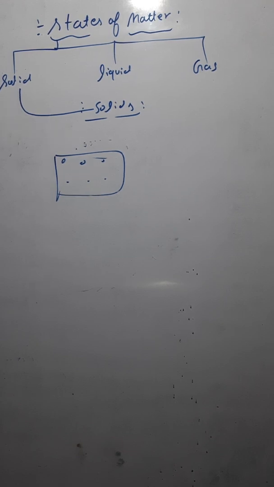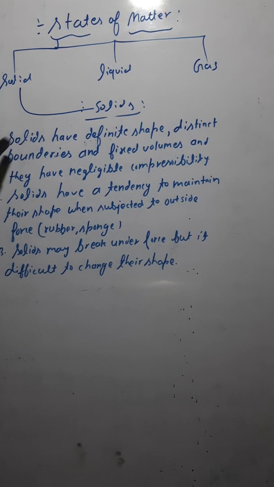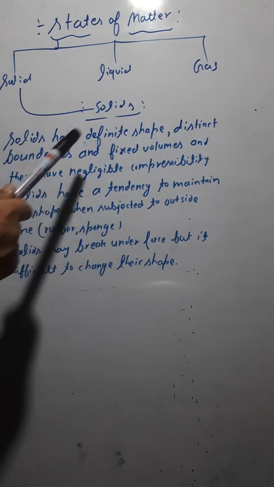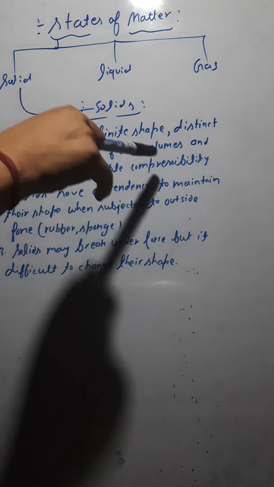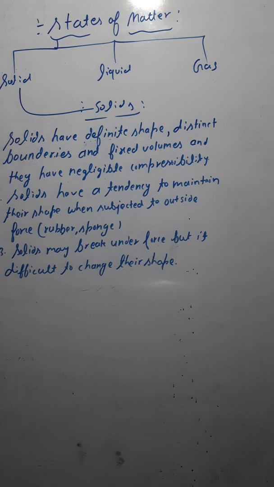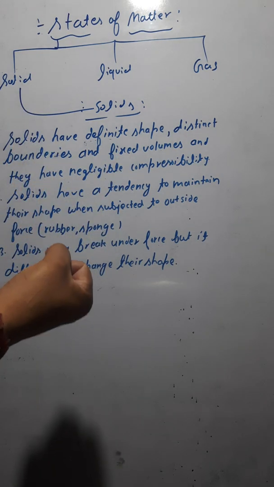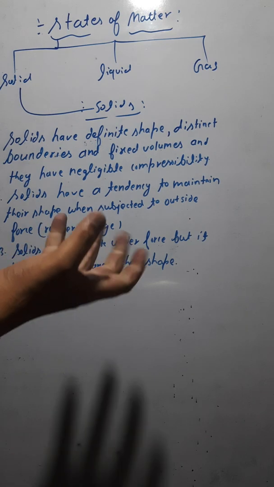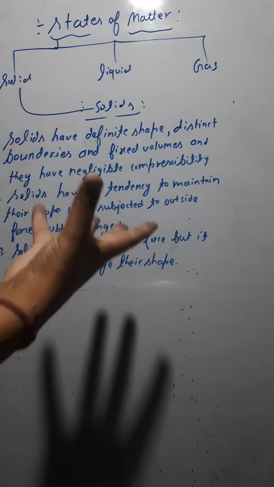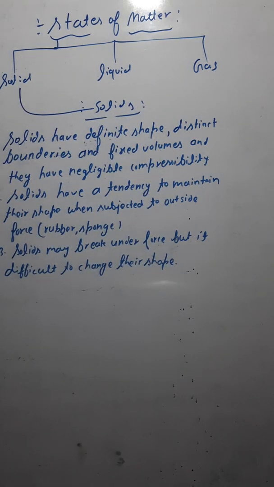Now let me write it here. These are the properties of solids. First, solids have a definite shape, distinct boundaries, and fixed volume. This gives them negligible compressibility, meaning you cannot compress them. If you compress some solids and leave them, they retain their original shape, as in the case of the sponge. The second property is that solids have a tendency to maintain their shape